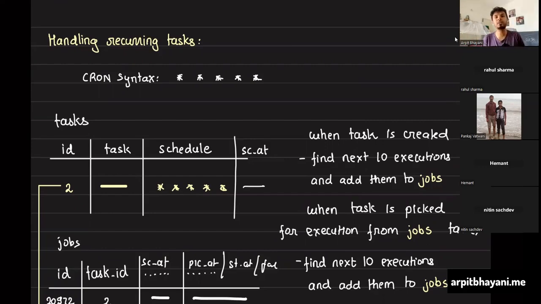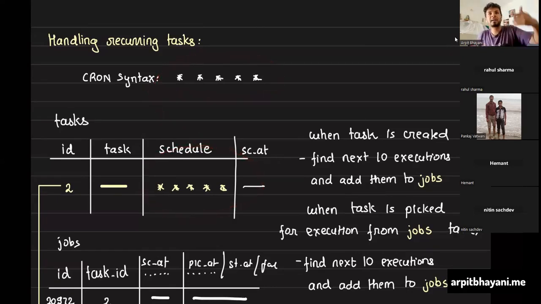So what you can try out on your local machine, at least build this thing locally. Writing that one SQL query to read multiple tasks in parallel is an easy thing. Write that, right? Although you may think you know it, when you write and start implementing, you realize where things might hiccup. Then implement this one part, cron syntax.